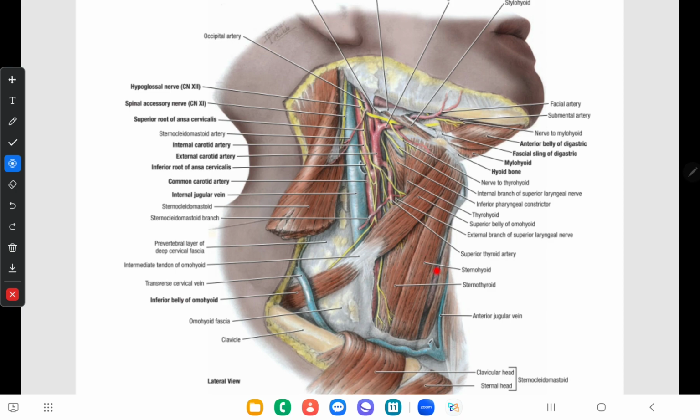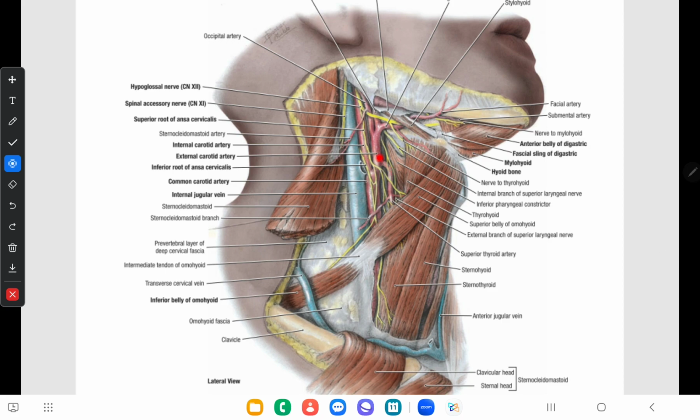So when we talk about the relations of the external carotid artery, anterolaterally the artery is overlapped at its beginning by the anterior border of the sternocleidomastoid. This anterior border of the sternocleidomastoid overlaps the external carotid artery at its beginning or at its starting point, like here. This margin overlaps here. And above this level, the artery is